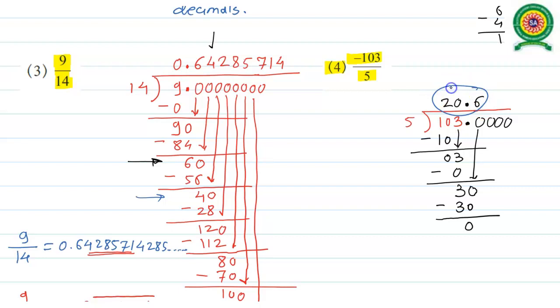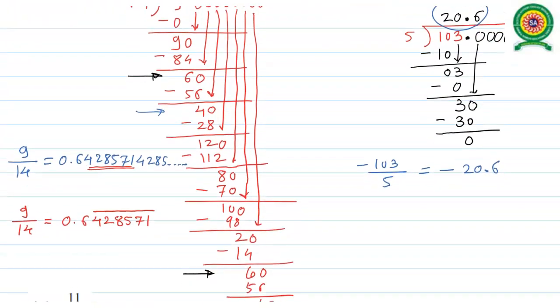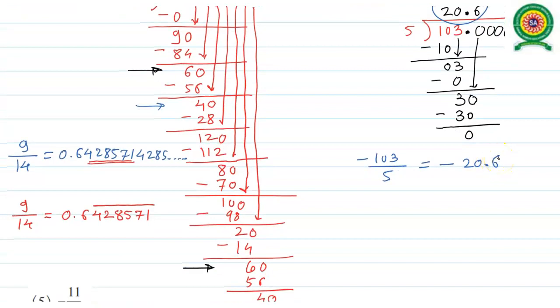The quotient is your answer. Now we have the negative sign, so keep that negative sign as it is, and the quotient is our answer. That means the decimal conversion of the rational number minus 103 divided by 5 is minus 20.6. Here after the decimal we have only one digit, that is 6. After that no more digits, so such decimals are called terminating decimals. Keep in mind, terminating decimals.